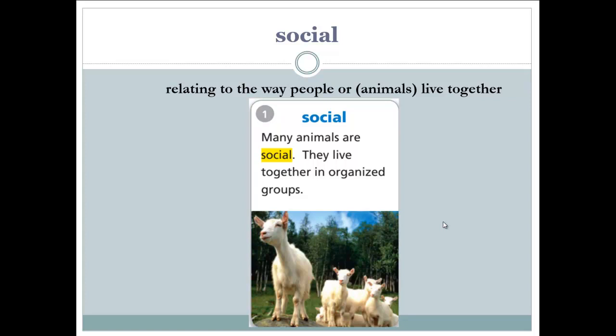So one more time. If some animals are characterized as social, it means that they live together in an organized group. If some people are characterized as social, it means that they have a certain way of living, that they like to deal with more people, they like to spend much time with other people, they like to live together in groups. The next word,